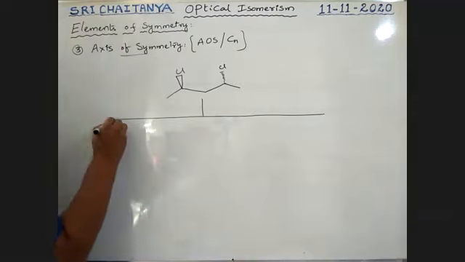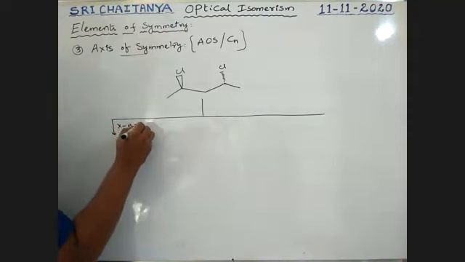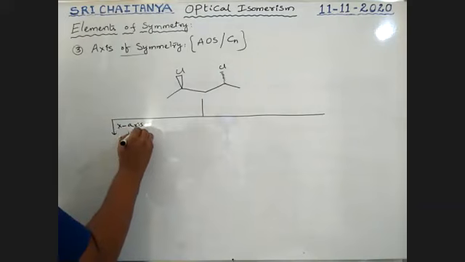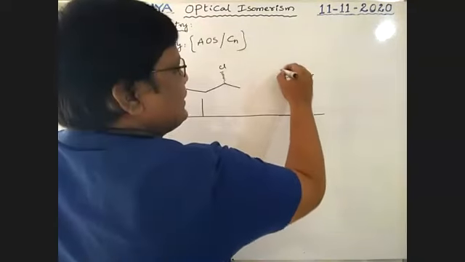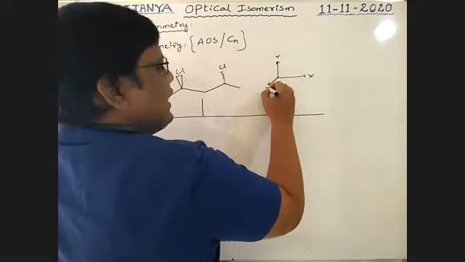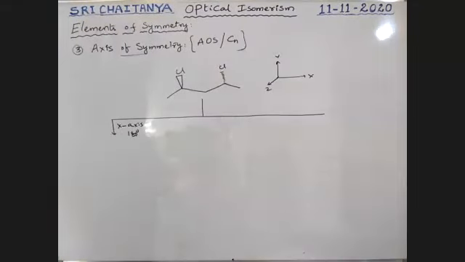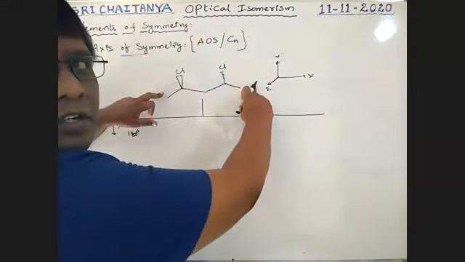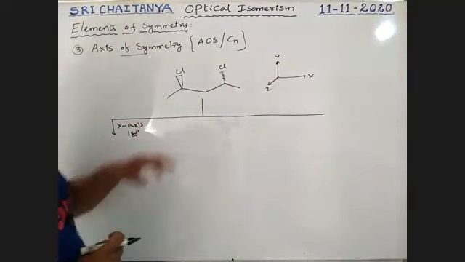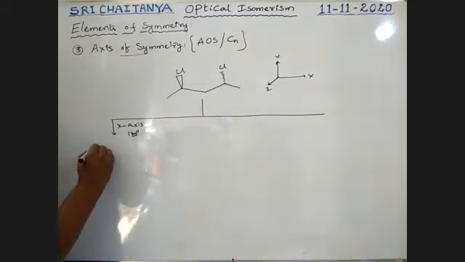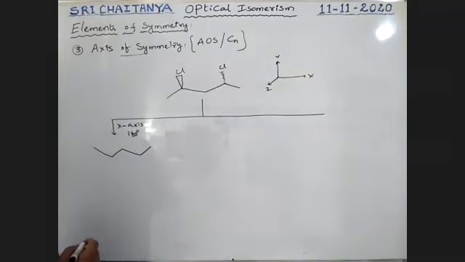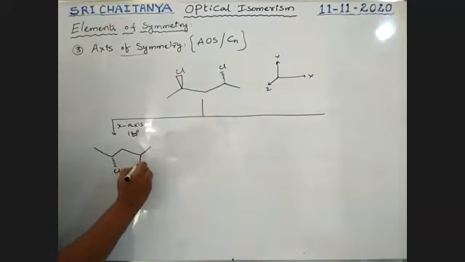That is along x-axis. I am rotating 180 degrees, boys. This molecule is rotated 180 degrees along x-axis. Boys, this is x-axis, this is y-axis, this is z-axis. It is rotated 180 degrees, exactly reverse, right? So it seems to be like this. So this wedged line is converted into dashed line, and this dashed line is converted into wedge line.